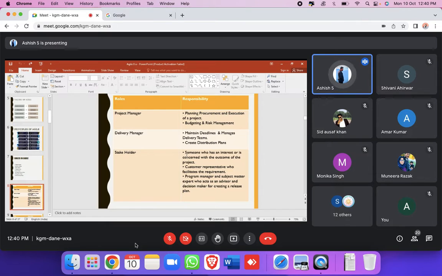And the next one is the stakeholder. A stakeholder is, if you are the owner of a company, you will have 100% stakes over there. If you are splitting the company into partners, every partner will have a share based on the amount they have invested. Based on that, they will have their stakes. You people will know what a stake is, right?